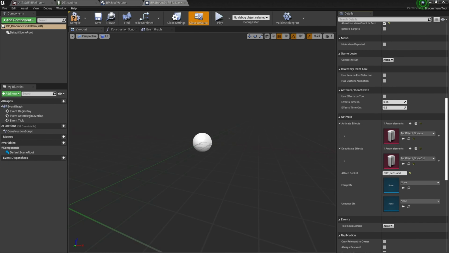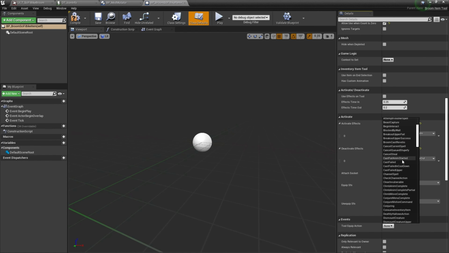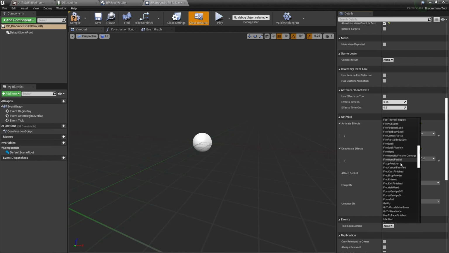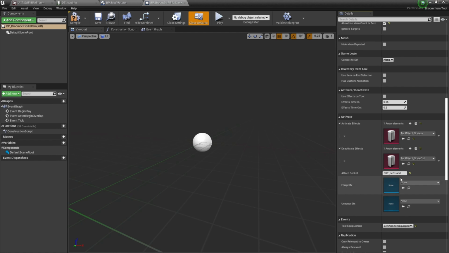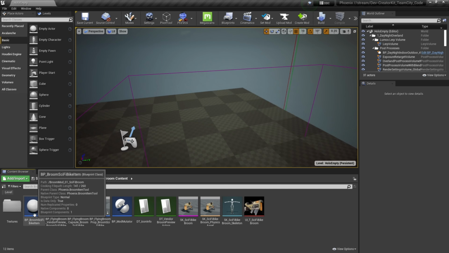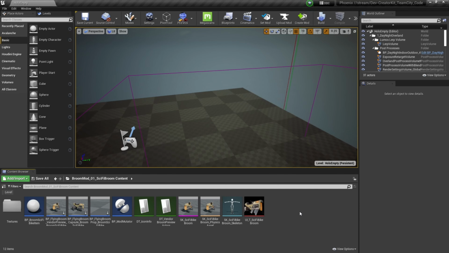And then we're going to set this tool equip action to left arm item equipped. So we're going to scroll down to the L's and select left arm item equipped. Once all those are set, we'll compile and save and exit out of the blueprint. Now that we have our broom blueprint item, we're going to make a corresponding data asset that we can add